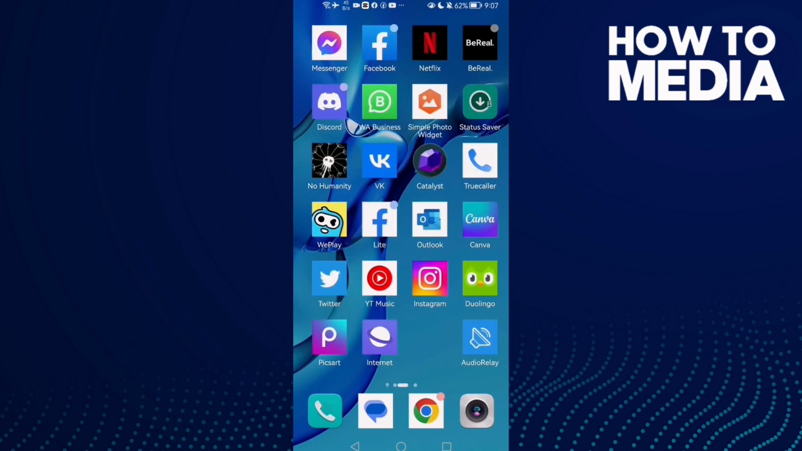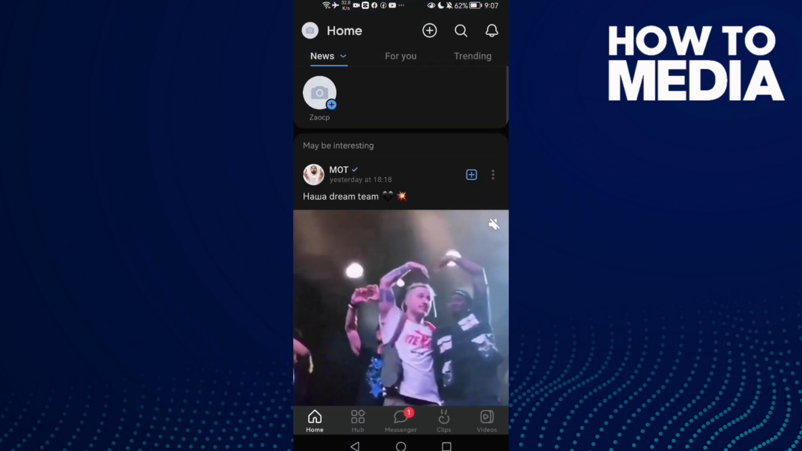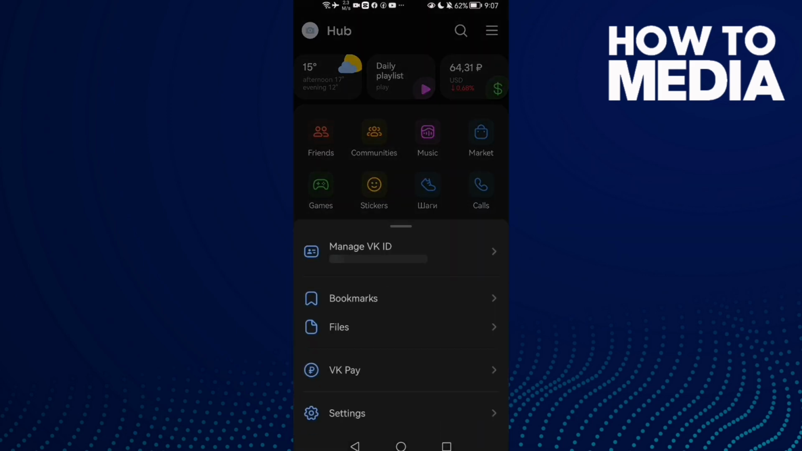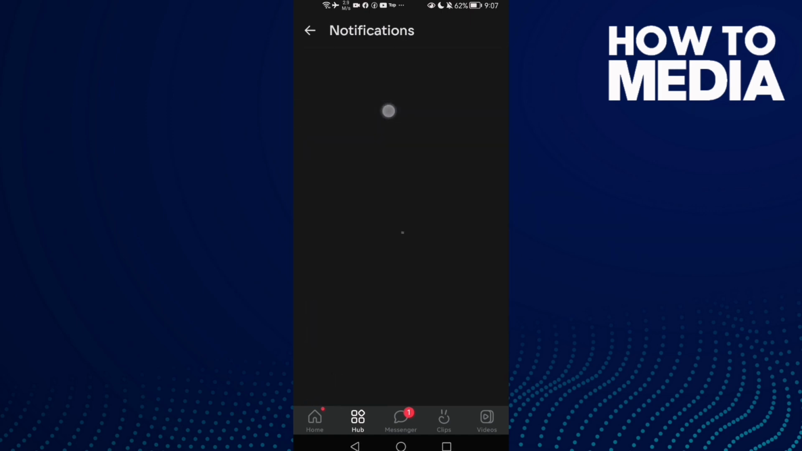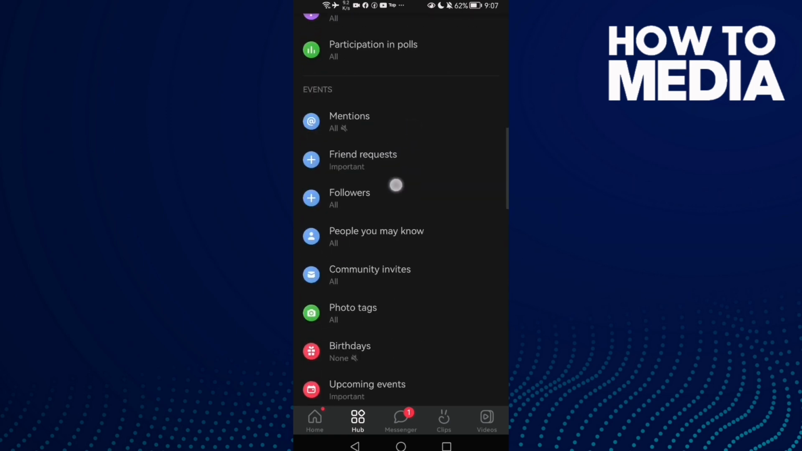First, open VK and now click Hub. Here it is. Now click the storylines and then settings, then click notifications and scroll down until you find